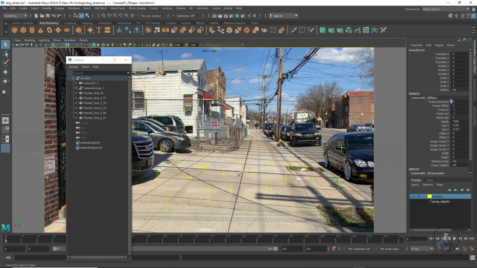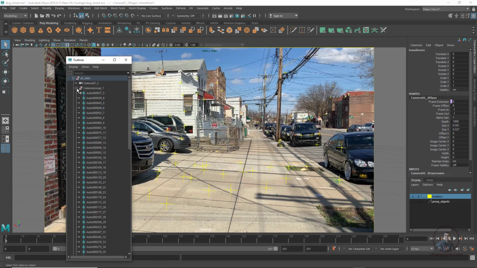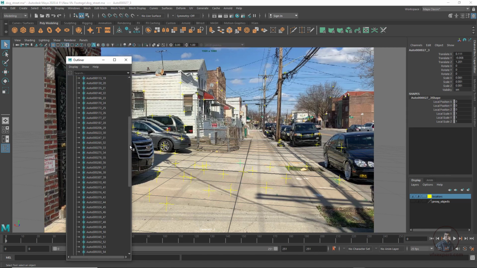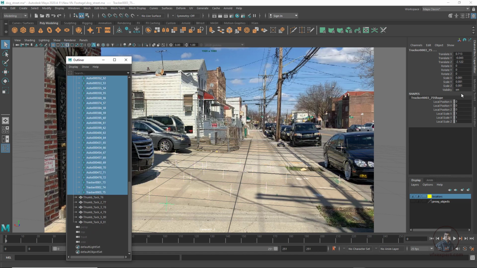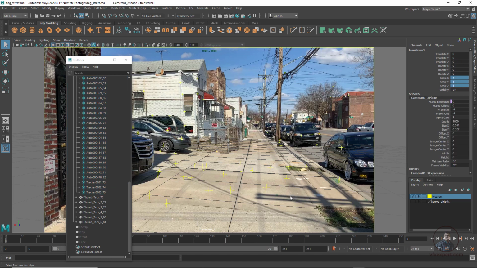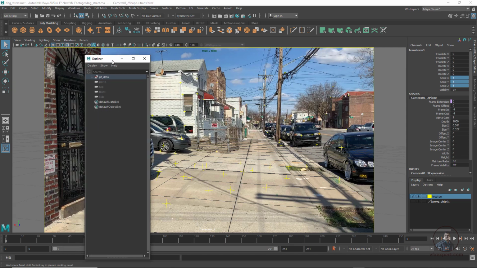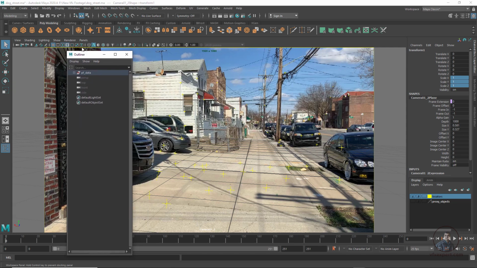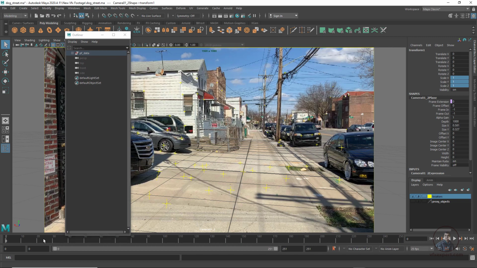And one more important thing here: if you want to adjust your locator size, you have to open your locators group and select the individual locators. Remember this one. Hold Shift and select all these locators. Then from here you can adjust your locator size. Maybe type 0.05 here, and you can see. Like this you can adjust your locator size if there is any requirement. Now finally we are ready for importing any 3D object in Maya here.